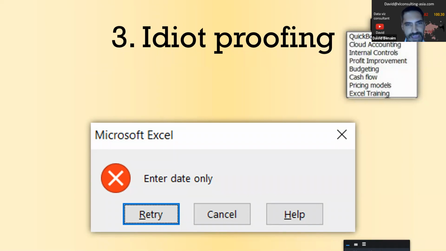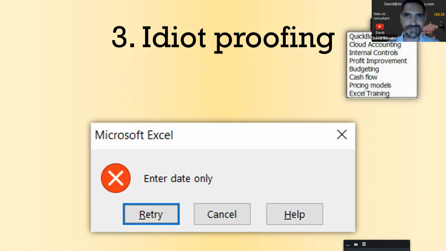Just for me, if there's a column that has a date, I force it to be a date. If there's a column that has a number, I force it to be a number. I don't just do data validation when it would be nice to have a drop-down list, which is what unfortunately a lot of people do. Always lock down as much as possible.